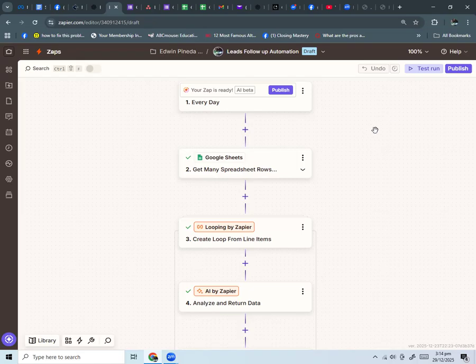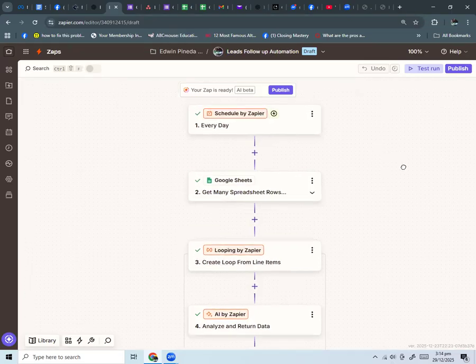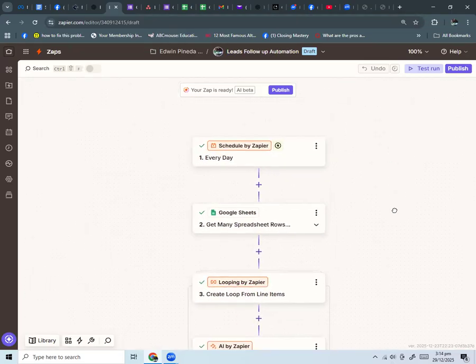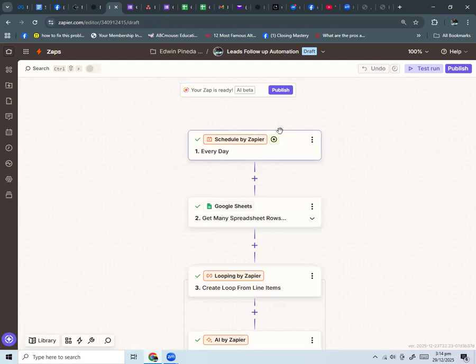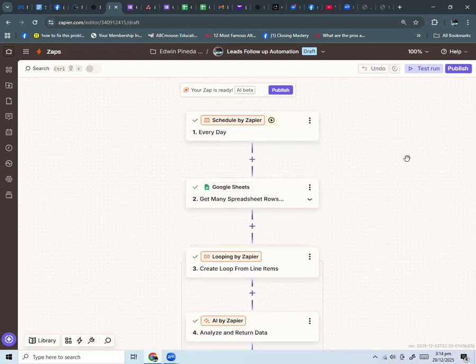The first part of this workflow is a scheduler. This part of Zapier will schedule this follow-up daily. As you can see here, it says every day.